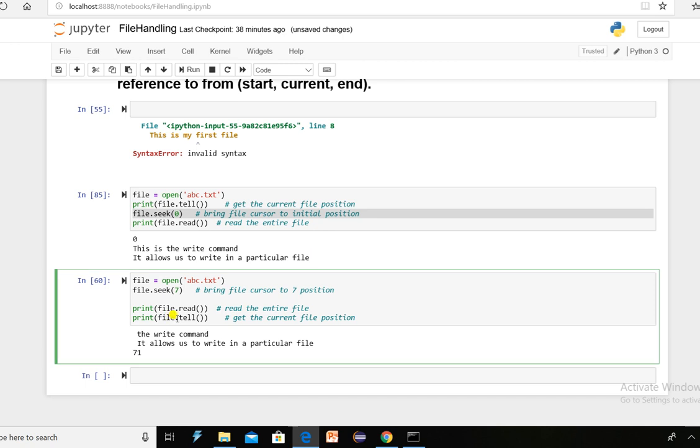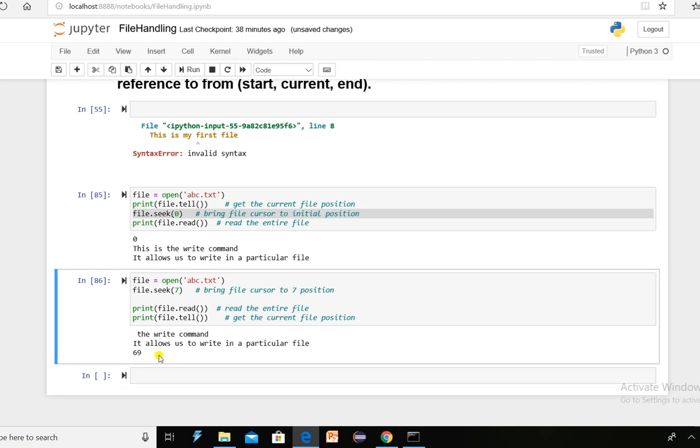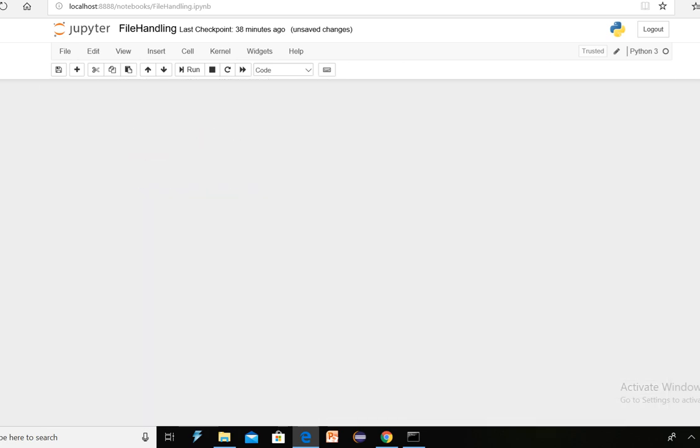After that I have called file.tell, so it will give me the current cursor position, that is at 69.